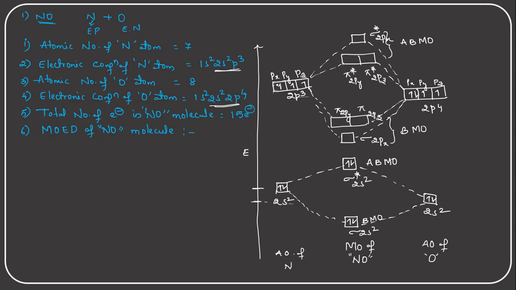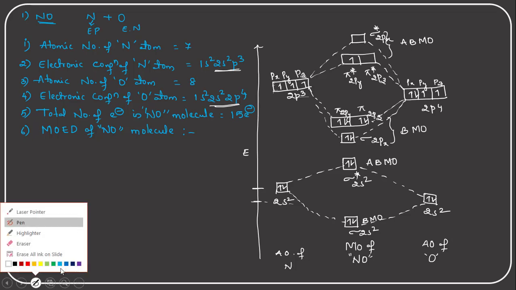Okay. Now how many electrons are there? Here 3 electrons are there. Here 4. Total 7 electrons are there. And 7 electrons we need to arrange in this way. So here half filled over, and then we need to pair up. Total 6 electrons we paired up, and 1 electron will enter into the pi star orbital.